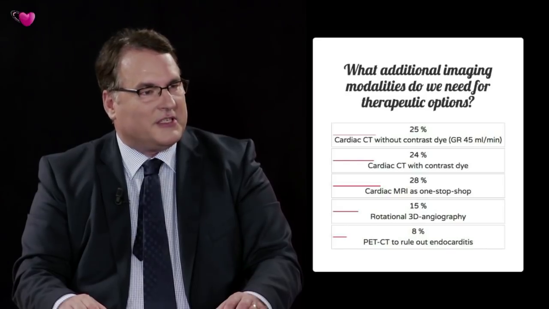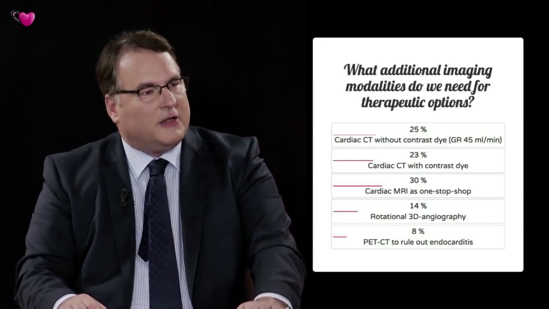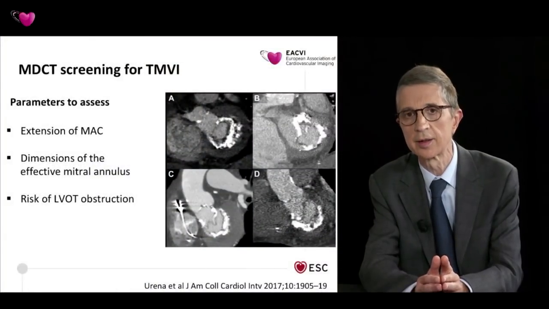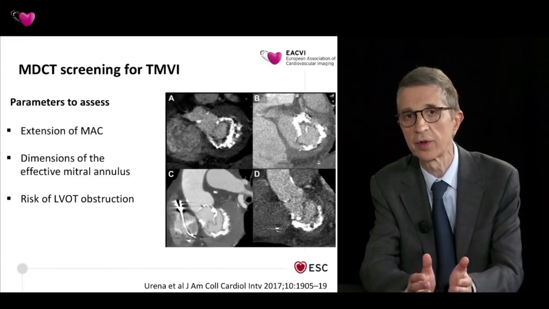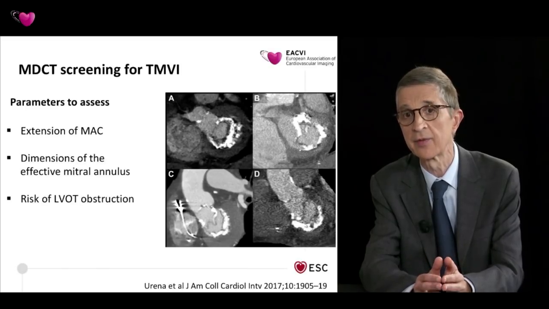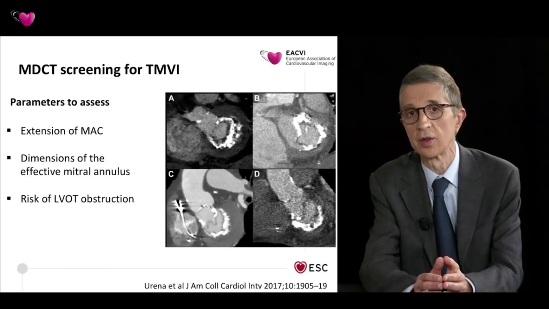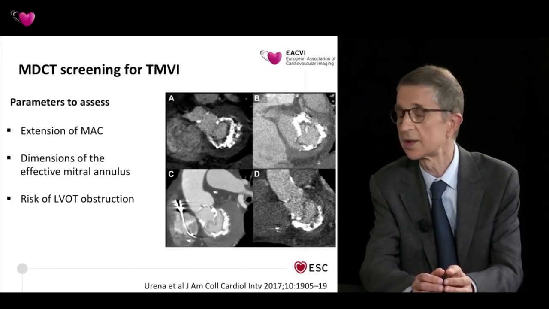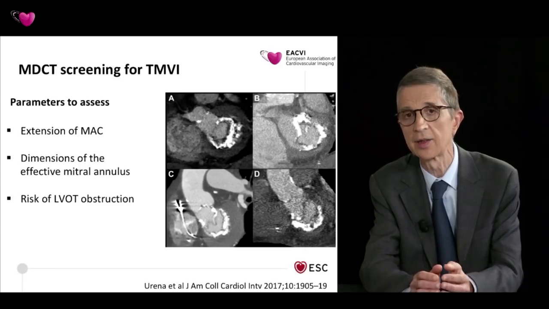And perhaps, Eric, can you continue and include this a little bit in your further demonstrations? Yes, the main discussion in this type of patient is what we can offer in order to improve the status of this patient. Cardiac surgery is at very high risk in this patient due to the calcification of the annulus, and there is a need for transcatheter treatment, but the possibility to implant a valve in such a calcified disease needs very careful screening, and CT scan with contrast injection is the best tool at the time to assess both calcification and also left